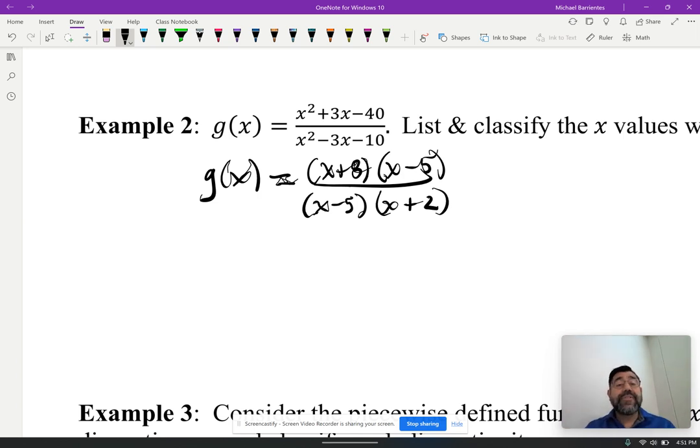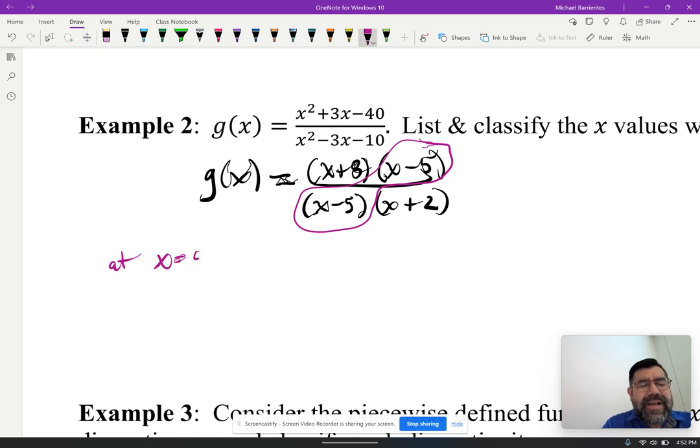Once I do that, I notice this common factor: if I were to substitute a 5 wherever I see an x, I would get 0 in the numerator and 0 in the denominator. That means I have an indeterminate form, and that's where the hole in the graph is. So I'm going to say with confidence that at x equals 5, because it produces an indeterminate form of 0 over 0, because that's a common factor on top and bottom,